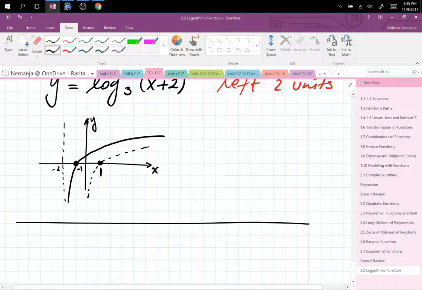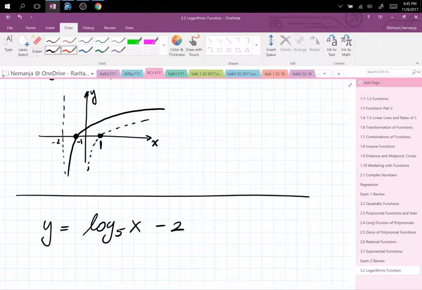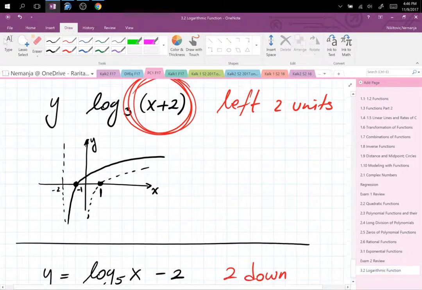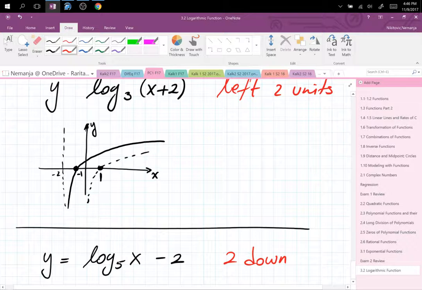Next example. y equals log base 5 of x, minus 2. What's happening here? It's shifted 2 down. You see over here, plus 2 was grouped with x. As a contrast, it is the entire... Maybe the issue is that, okay, before we do this,